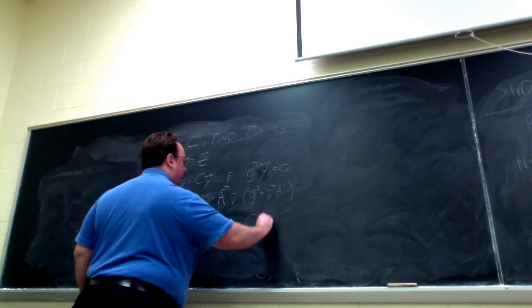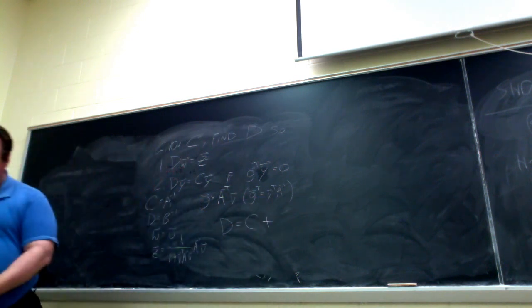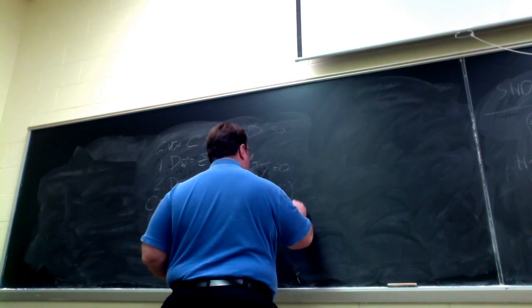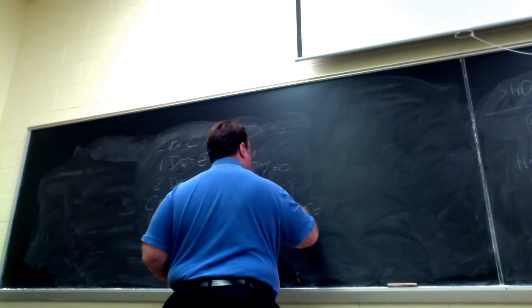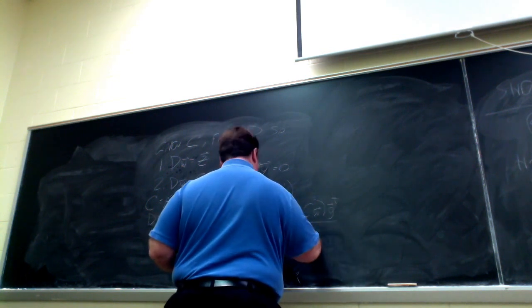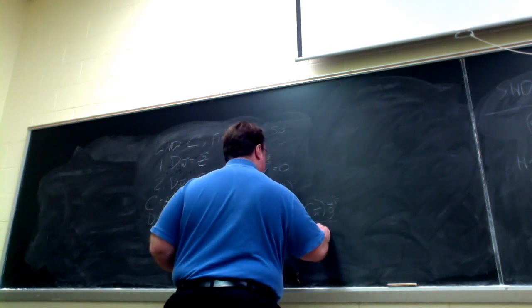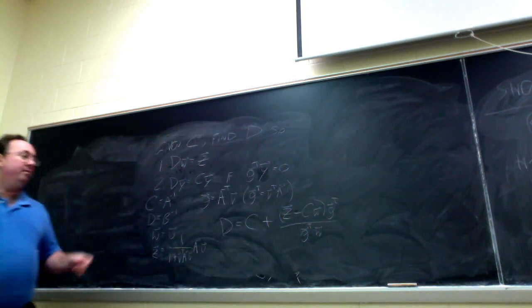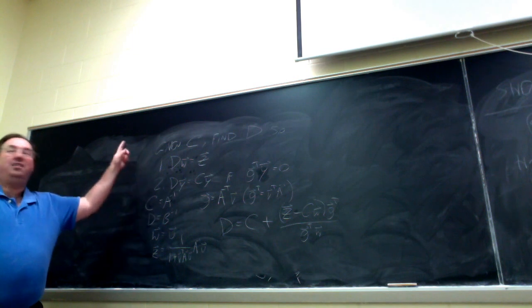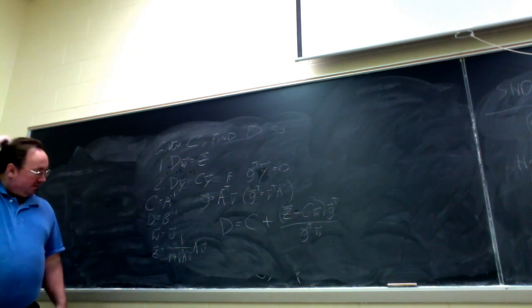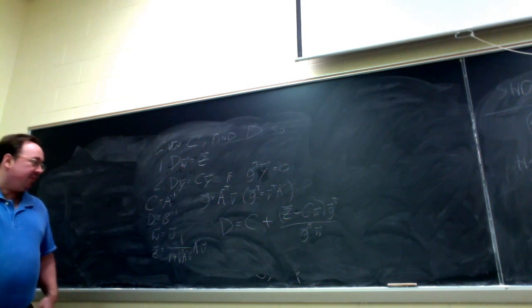D is equal to C plus Z minus C times W times G transpose over G transpose W. Okay. So that matrix magically satisfies all of these properties. So the reason why it satisfies that is,